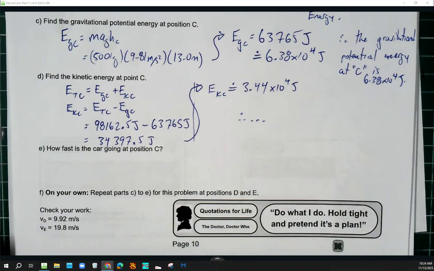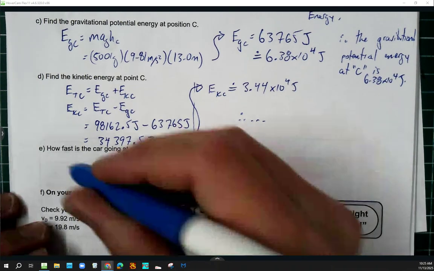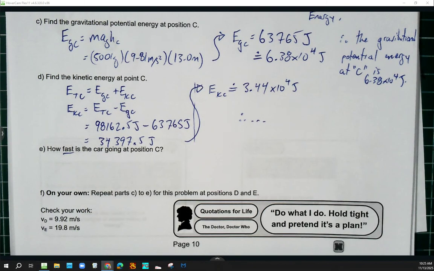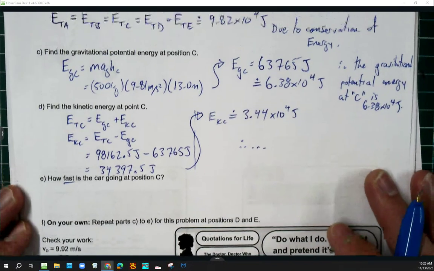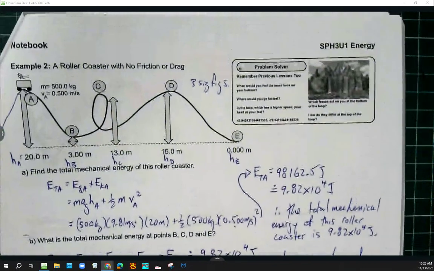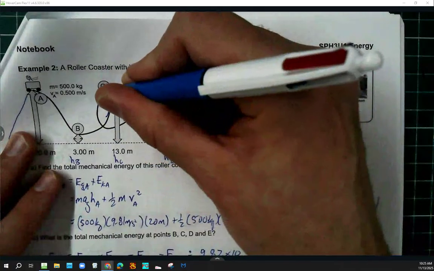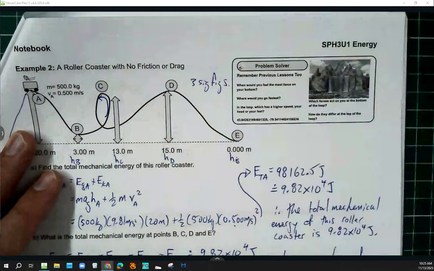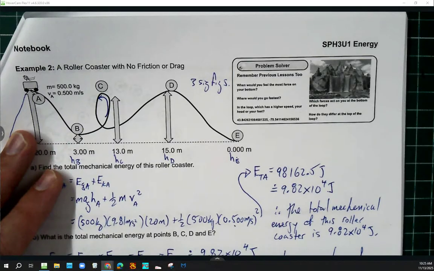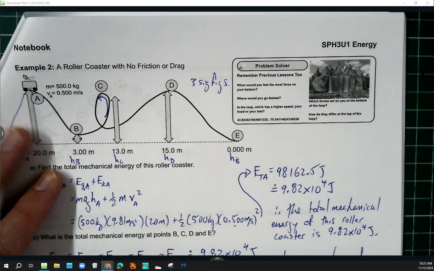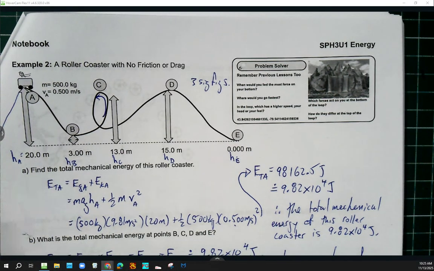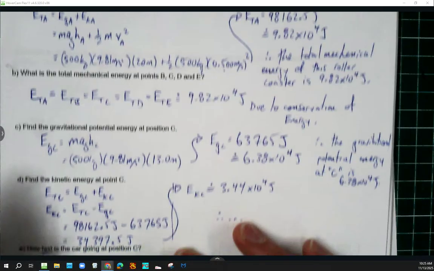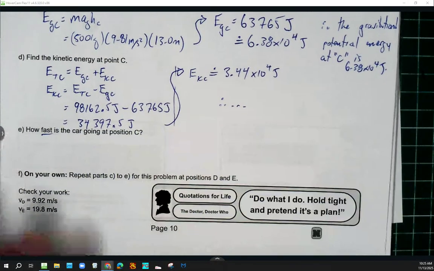And then how fast is the car going? Notice again, it says how fast, not what's its velocity. I definitely could tell that if it's at the top of this loop, as it gets to the top of the loop, can you guys see that its velocity's direction would be to the left? Because I understand how loops work. But it doesn't ask for the velocity, it asks for the speed, how fast, right? So we're just looking for the magnitude here. So it says, how fast is it going? Well,